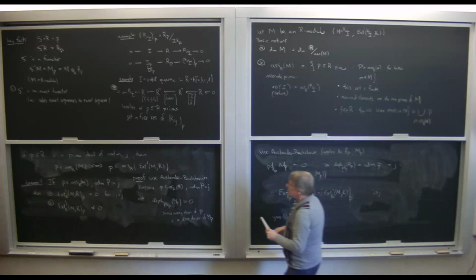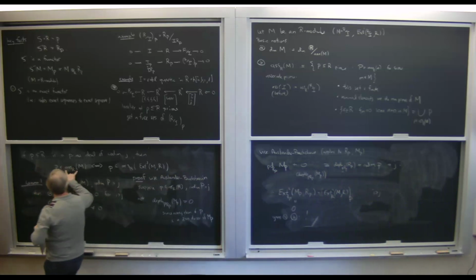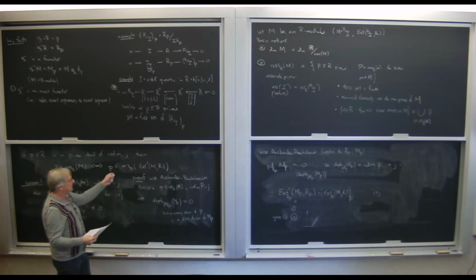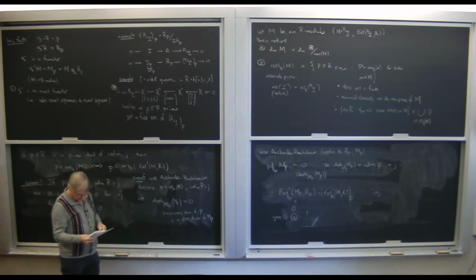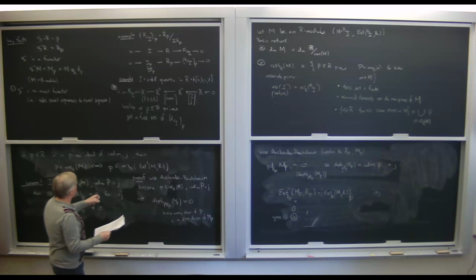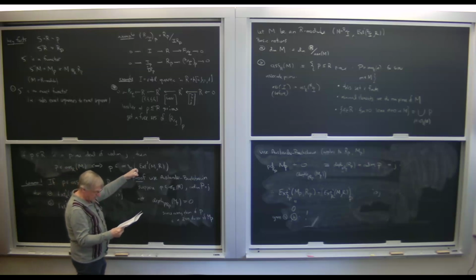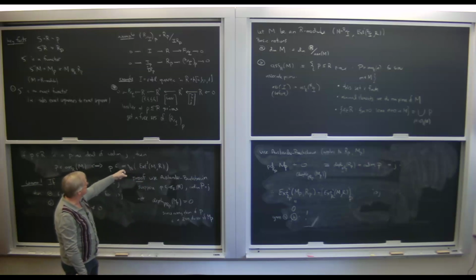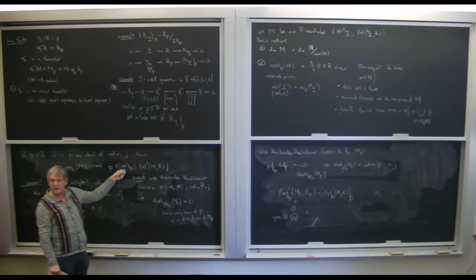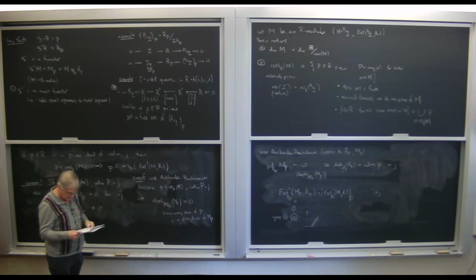Okay. That means we have now shown that if P is an associated prime, then it's an associated prime over here. So what we want to do is the other way. Suppose I have a prime P that is in the support of this even. Remember that it's going to be minimal here because if it were not minimal, there would be something else. Wait, no, that's